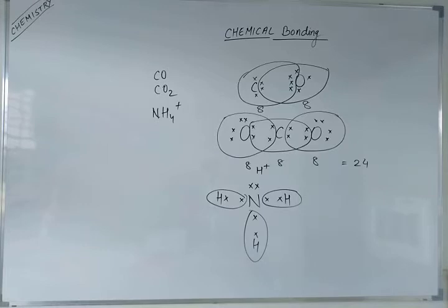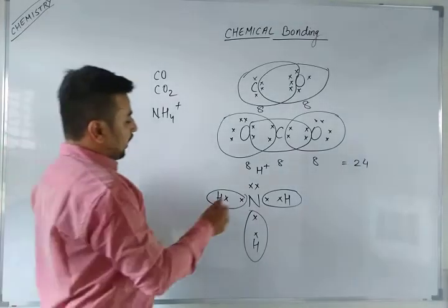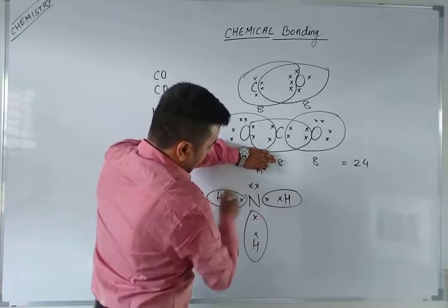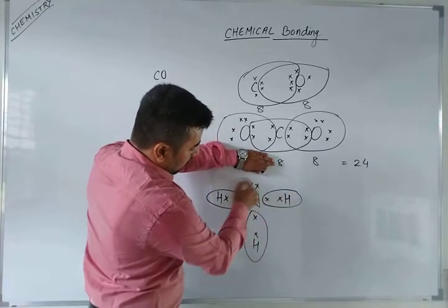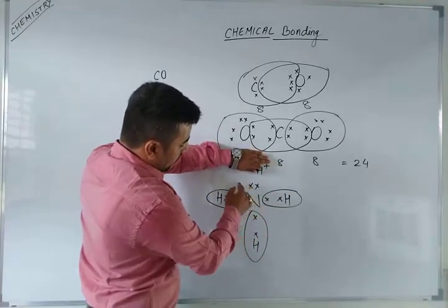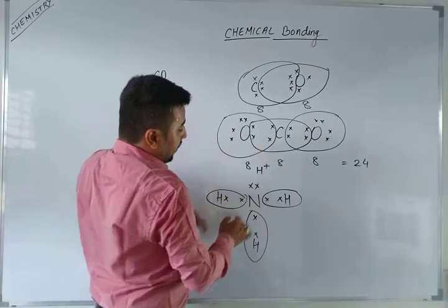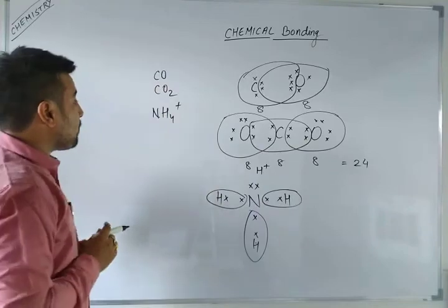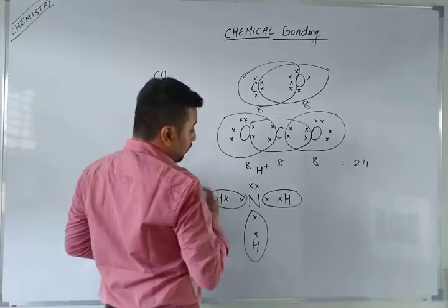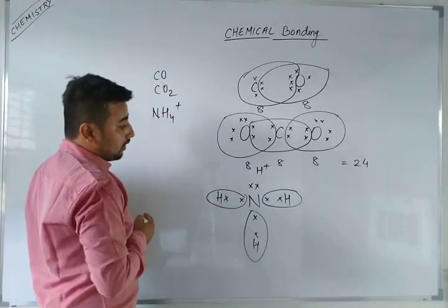I have drawn this structure only because ammonia you can draw very easily. The NH3 ammonia structure will be this only. You can just remove this, and H3, you know very well ammonia, so this will have a total of 8 electrons, 1 2 3 4 5 6 7 and 8, total 8 valence electrons. But if I talk about the ammonium plus ion, then how will you tell what will be the charge of nitrogen in this compound?